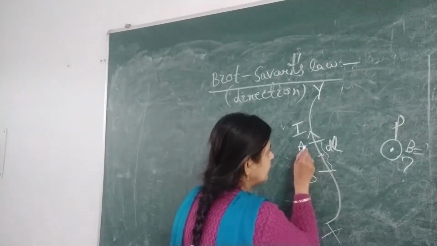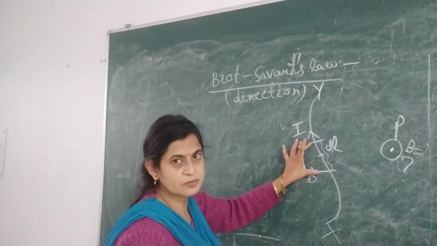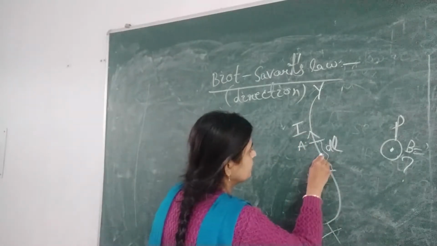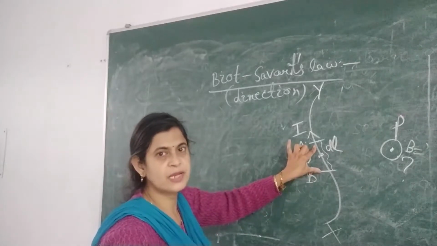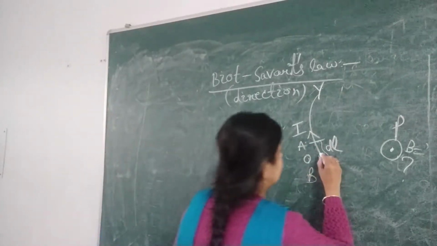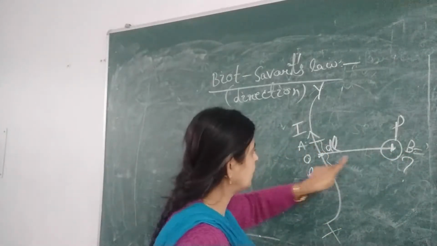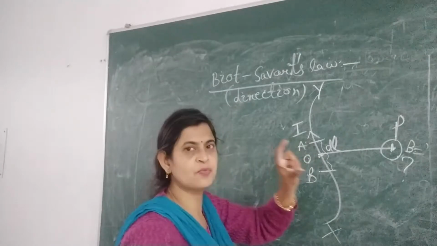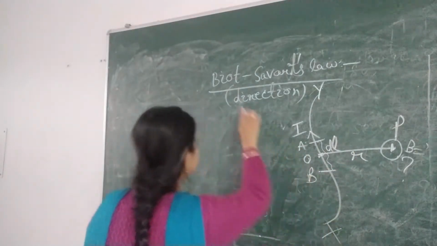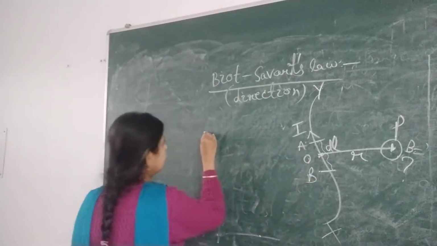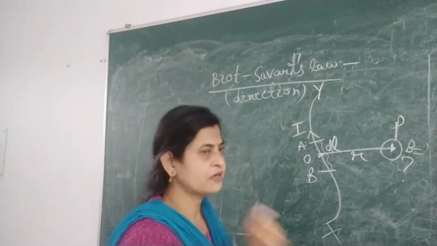Now, AB is the small element of the conductor and O is the center of this small element whose length is dl. Let us assume the distance between the point of observation and the midpoint of the small element is r. Then according to Biot-Savart's law, the magnetic field is generally denoted by the symbol B, but